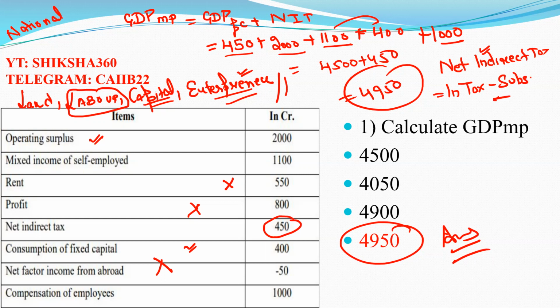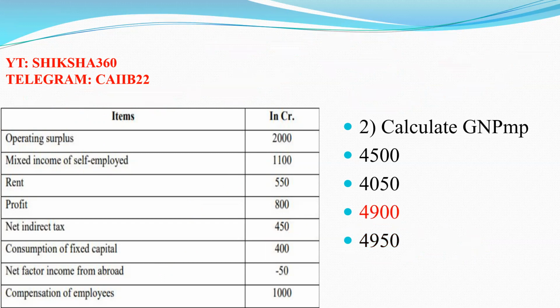The next question we have to discuss is to calculate the GNP at market price. GNP is gross national product. We are given GDP at market price. Here G is the same, the technique P is the same. So how can we move towards national? Here it is domestic; if it is to be national, we have to adjust it.